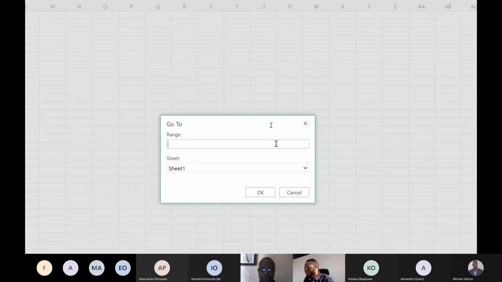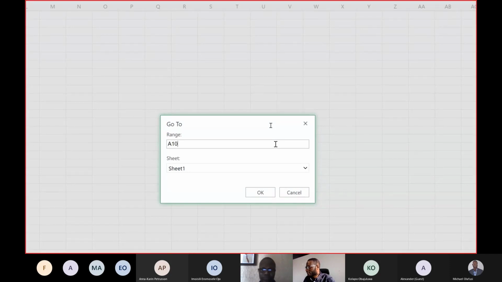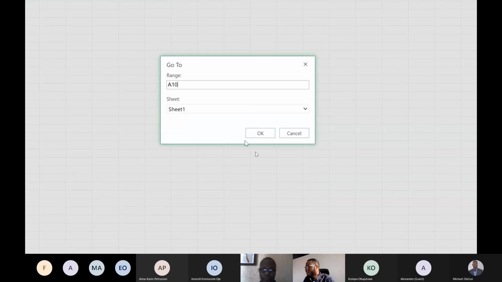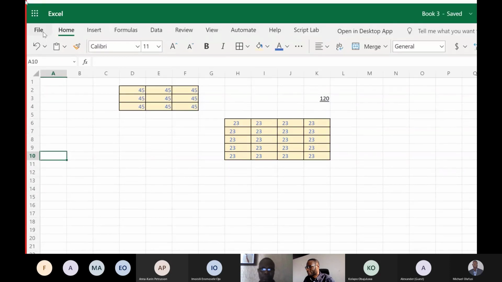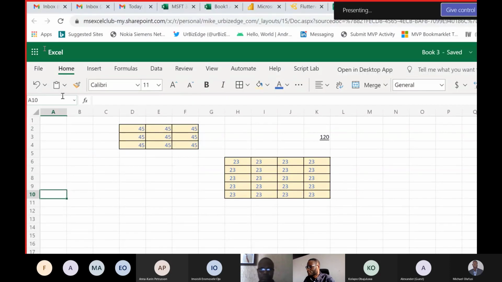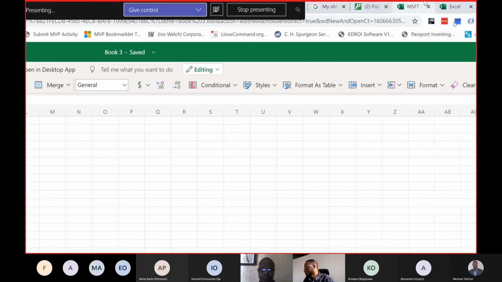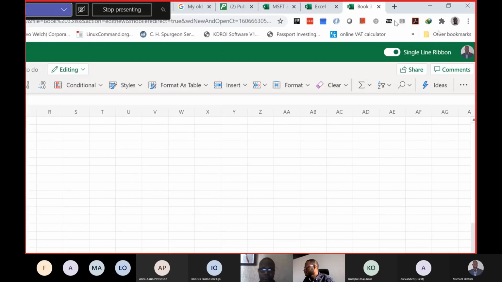You can easily go to a cell if you want to go to A10. So this is a very inefficient way of doing that because I could have just come in here and typed the very same thing. I could have said I want to go to wherever I want to go to, right from here without having to use that longer route. But I'm just showing you it's got it, right? Then